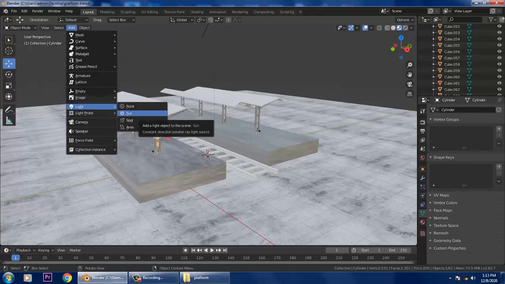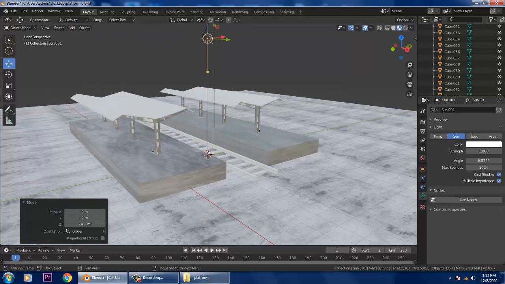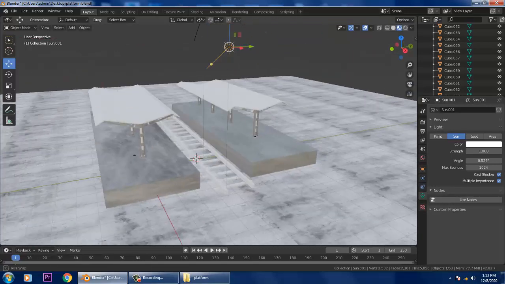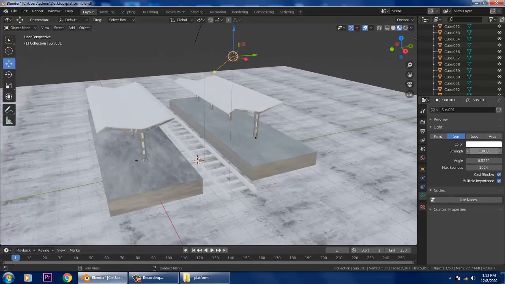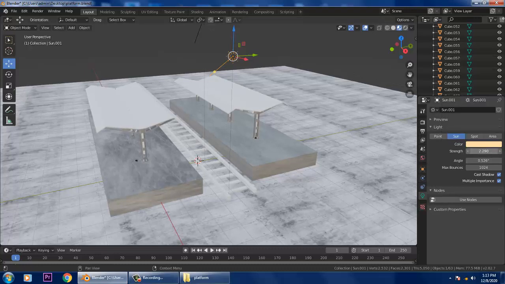If you want to add a sunlight, you can easily take a Sun over here. Let's add a sunlight and just drag it in whatever direction you want. You can go into the sun and give any color to it. You can increase its strength over here, or decrease the strength.